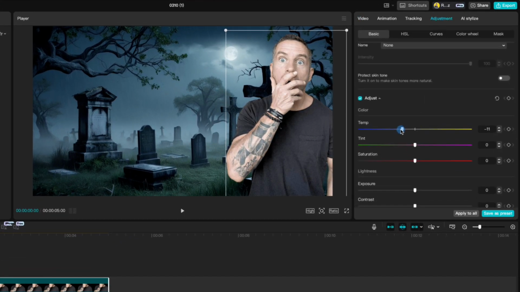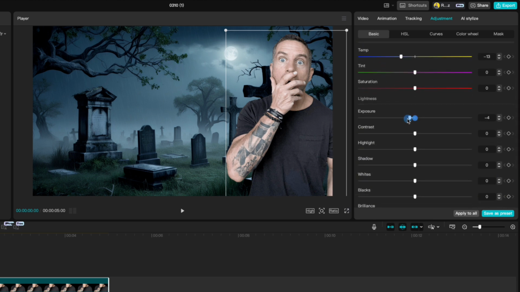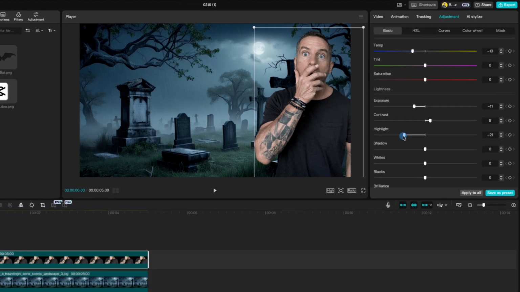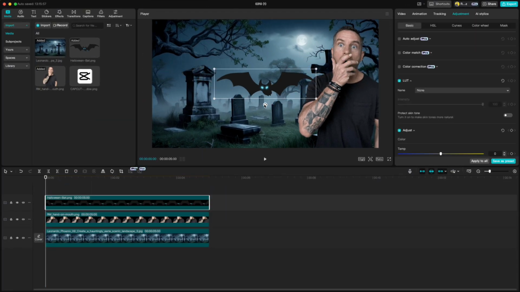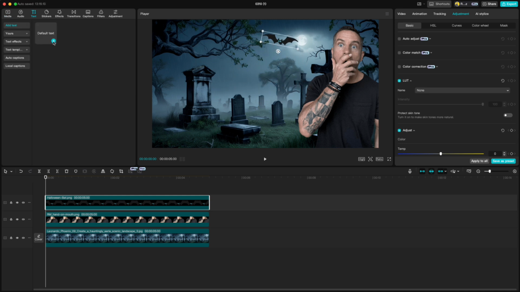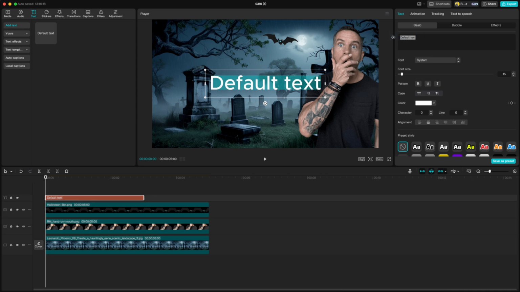I will slide temperature down, exposure down, contrast up a little and highlights down. I think that's okay. Drag down the bat, resize it and place it wherever you want. Let's add text. I will write dark side, which kinda suits our background. I will change the font